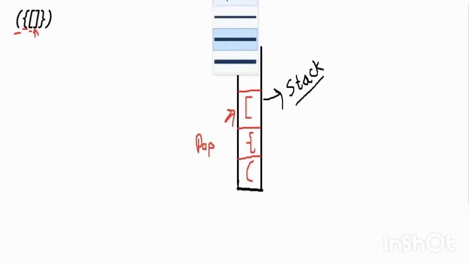We don't need any other opening. So when we peek, do we have a square opening? Yes, it is a square opening bracket. So we will pop that bracket.